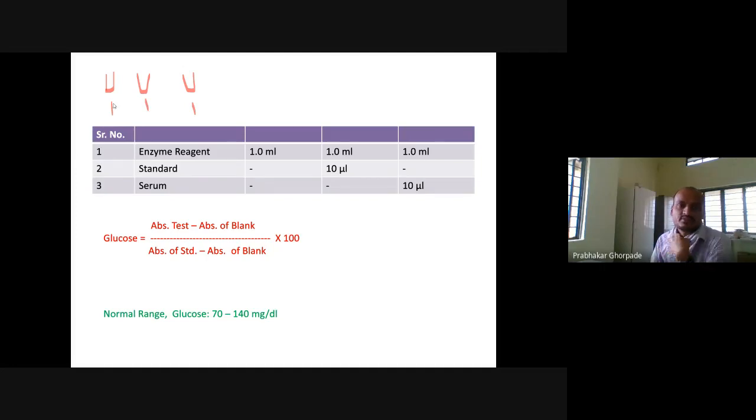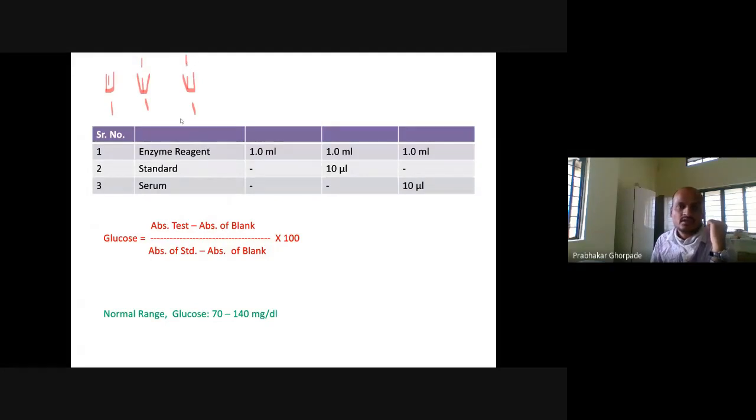So if I am doing this test, I am adding 1 ml of the enzyme reagent here, 1 ml enzyme reagent here, 1 ml enzyme reagent here. Then we have to treat it with the standard. So here this one is the standard. I am adding 10 microliter of the standard here, and in this tube I am adding 10